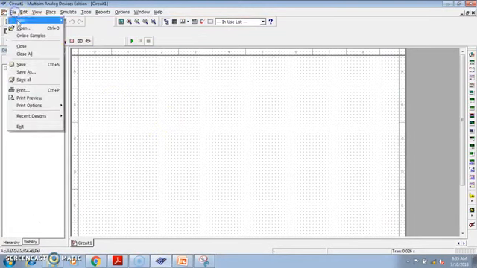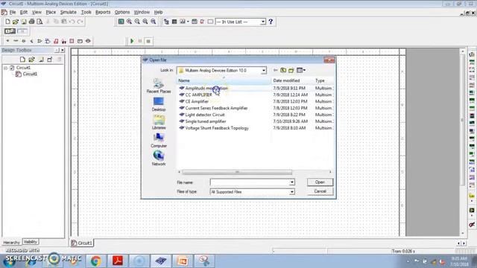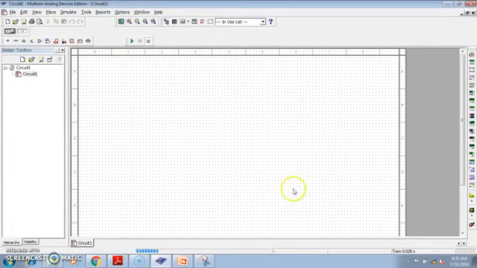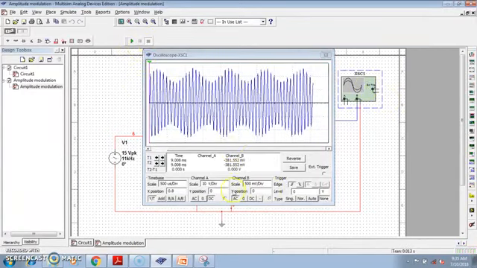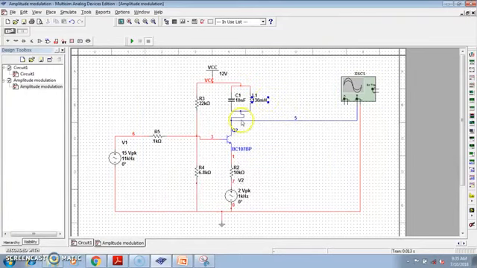So let us do that. Go to File, then Open. I have already saved the amplitude modulation here. Open it and see, here it is the amplitude modulation circuit. If you run the simulation, you can get the modulated wave. See, the amplitude of the carrier is varying with the message signal. So this thing I have already discussed. Now in this video, this is RE or R2, the emitter resistor, and this is the message signal. Just click on it, delete it, and connect this emitter resistor directly to the ground, and it becomes the single tuned amplifier.